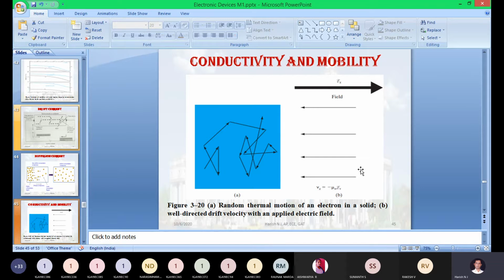So in the steady state means what? Acceleration plus collision. When you do the summation of these two things, acceleration plus collision, only then are we going to get the total momentum produced by the electron. Normally in steady state, what do we say? The acceleration of an electron and the collision, if we sum these two, we have to get a zero answer. I am right?